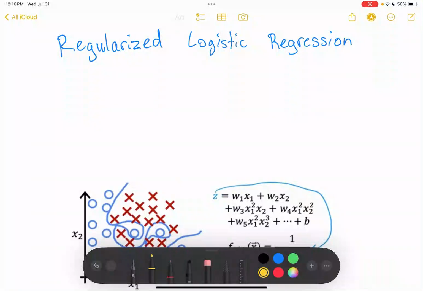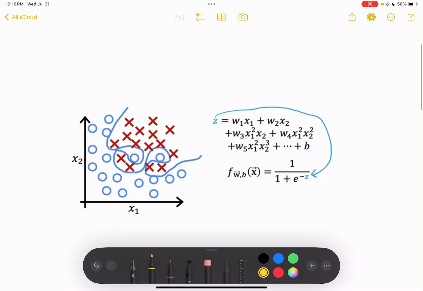Okay, now let's talk about how regularization affects logistic regression. We've already noticed that when we use higher polynomial terms, like this one over here, we're going to end up passing that into our logistic function as z. And what's going to end up happening is we're going to overfit our data, like this curve here, which isn't